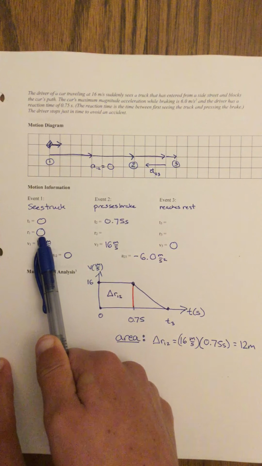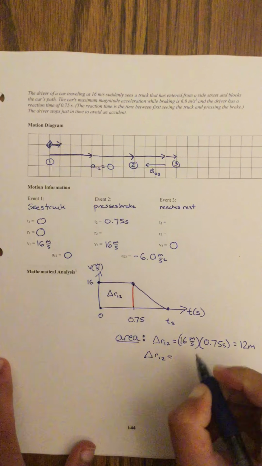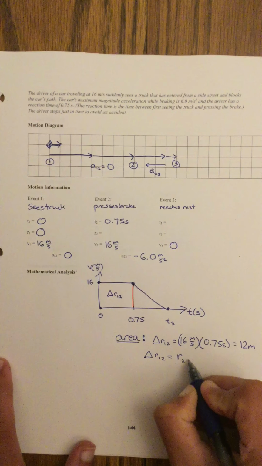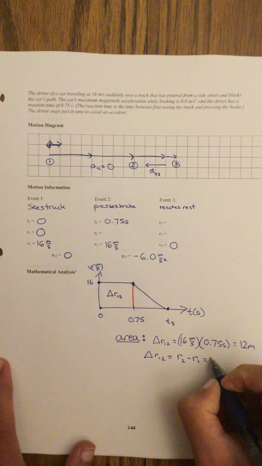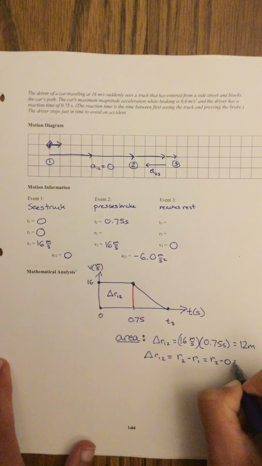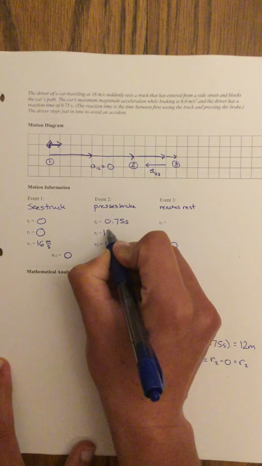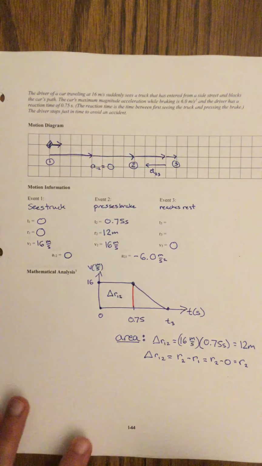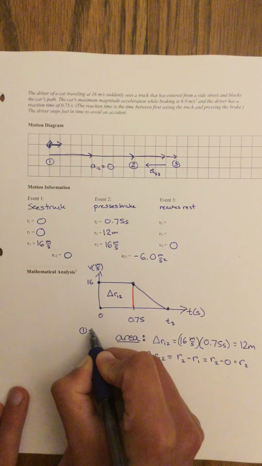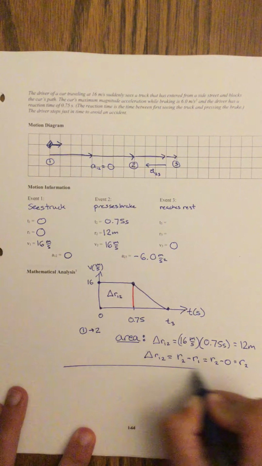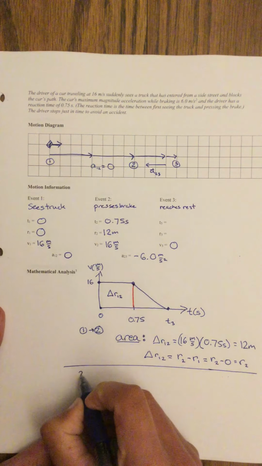Since R1 is equal to 0, I'll write this out because we haven't done this before. So delta R12 is R2 minus R1, and if R1 is equal to 0, that's just R2. So 12 meters is R2. Also, I want to be clear here. This is going from event 1 to event 2. Okay, and now I'm going to go from event 2